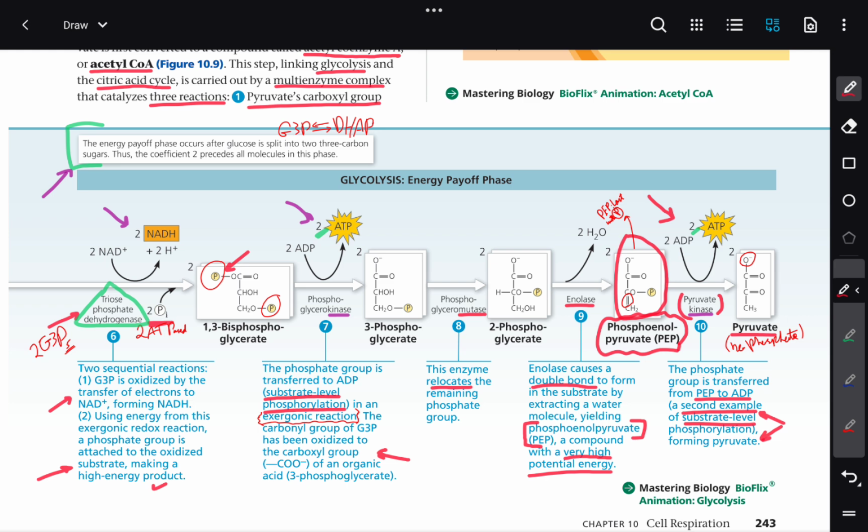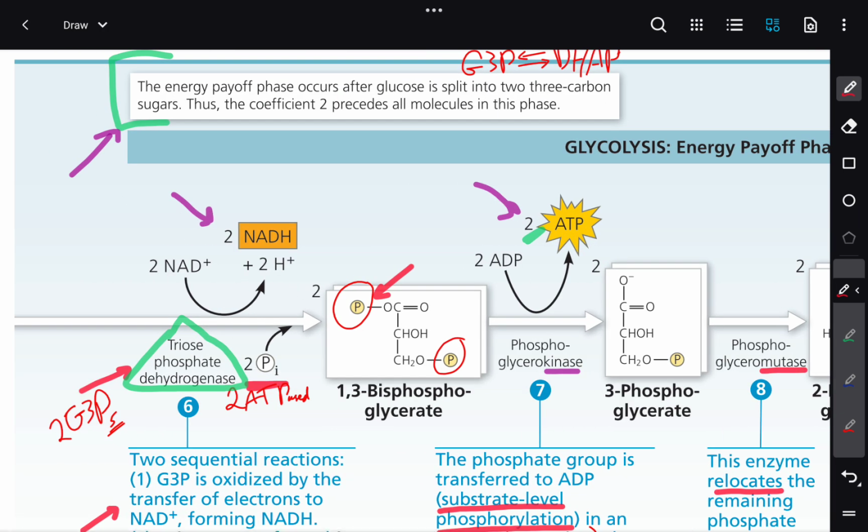Dehydrogenase, because it's called dehydrogenase, it's gonna rub G3P of a hydrogen atom, as in it will be oxidized, and what will be reduced? It's the NAD plus. So triose phosphate dehydrogenase will act on 2 G3Ps,